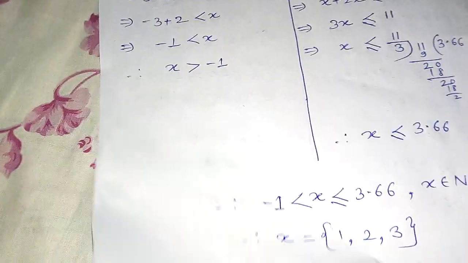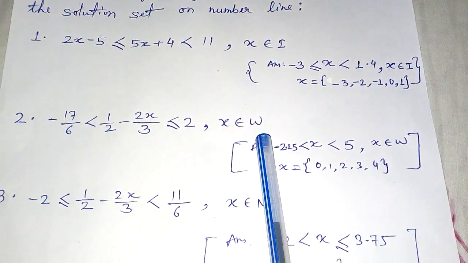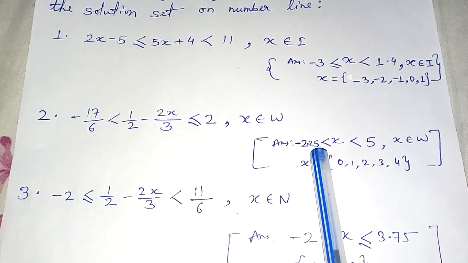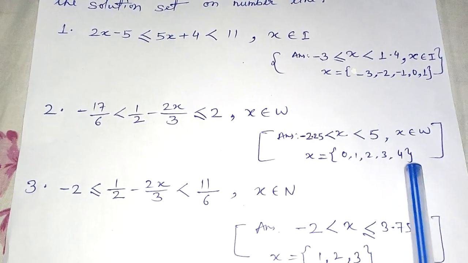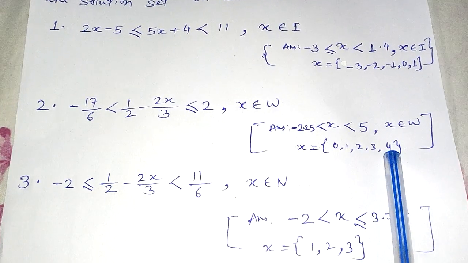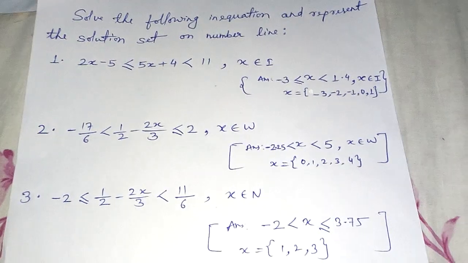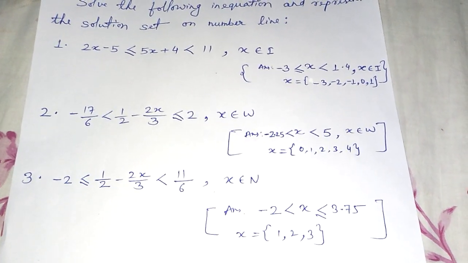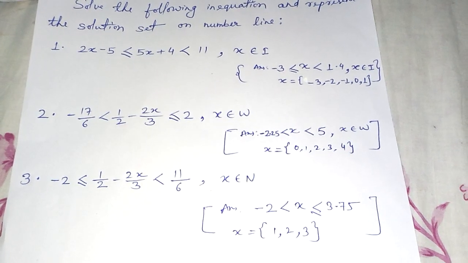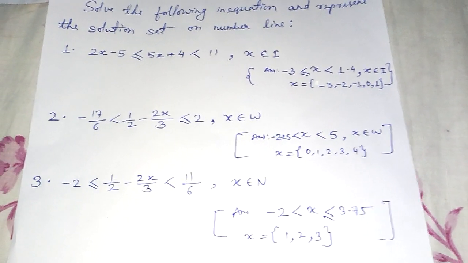Now I have given you some questions, children. In that question, same thing, W means whole number. Whole number means numbers beginning from 0, 1 till the end. But in this case it is less than 5, so our border will be 4. And you can see all the hints I have given here, and the answers also. Please try to find the solutions of these questions I have given as homework. It's very easy. You make a circle for every number on the number line. So this is the difference. Thank you, children.